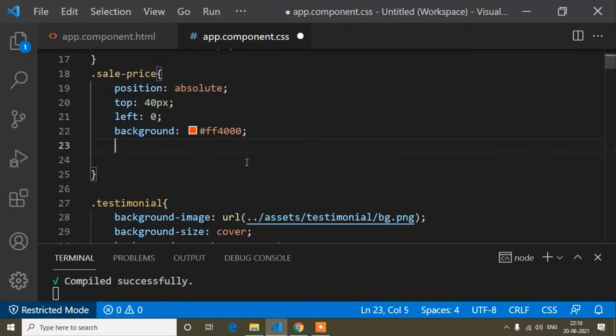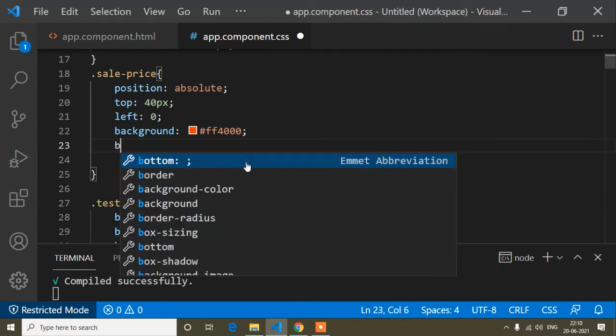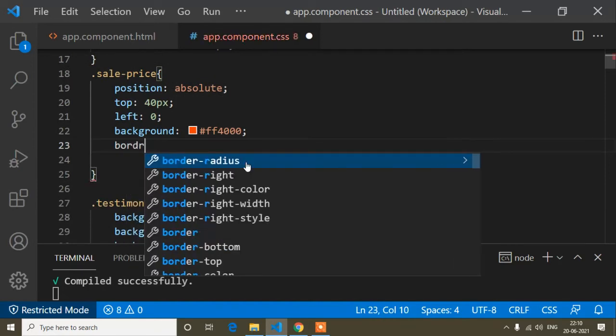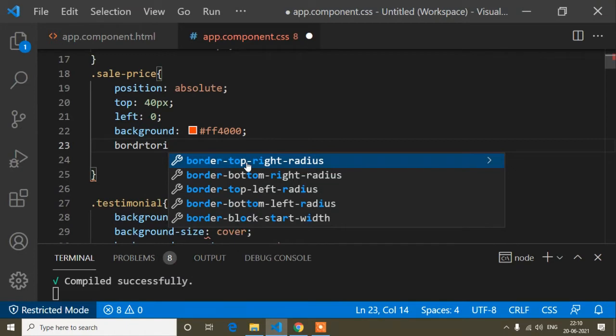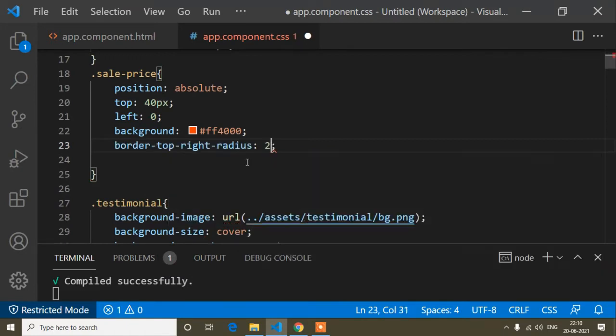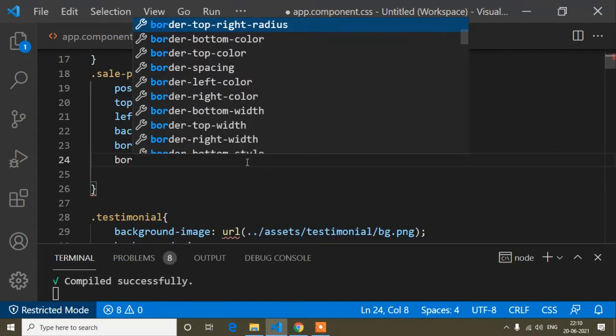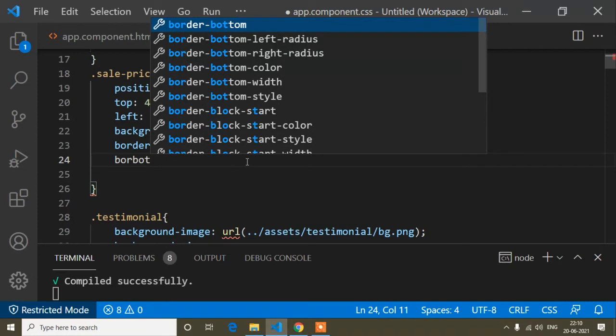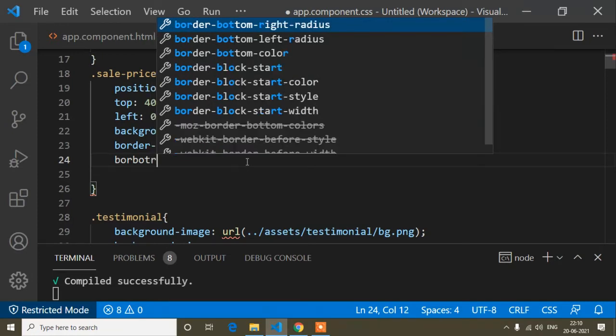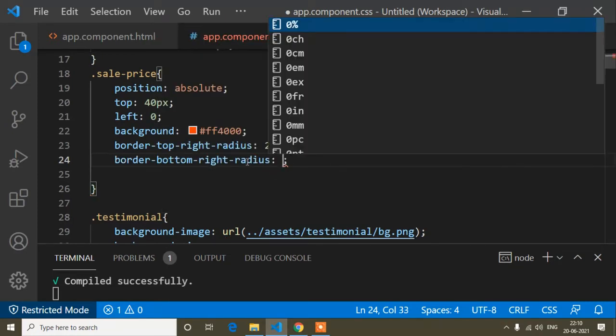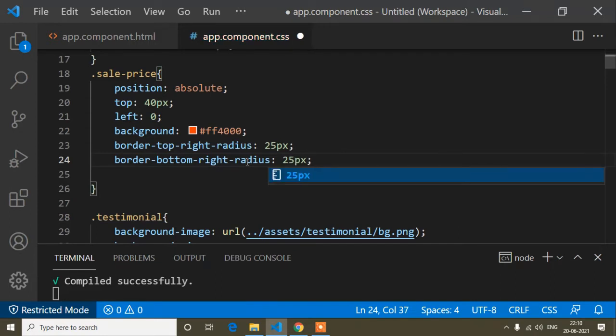And now the other CSS, that is border top right radius is 25 pixel, and border bottom right radius is also 25 pixel.